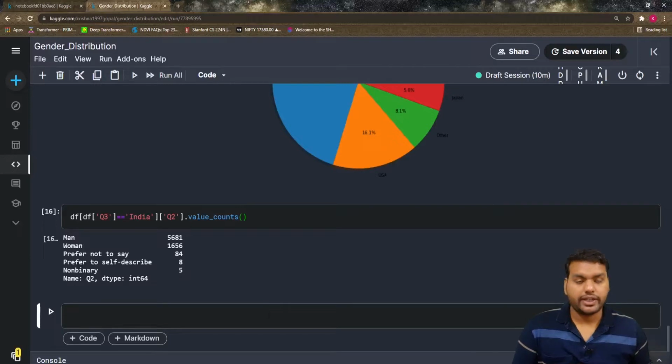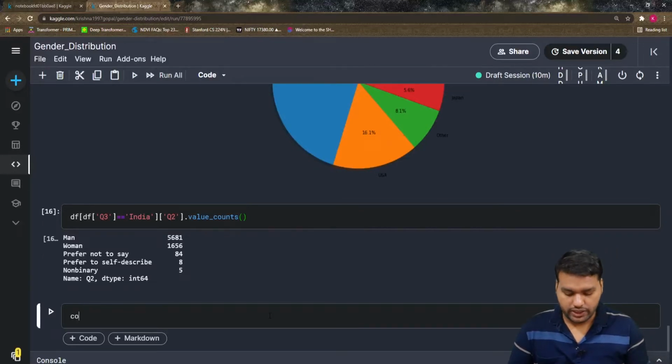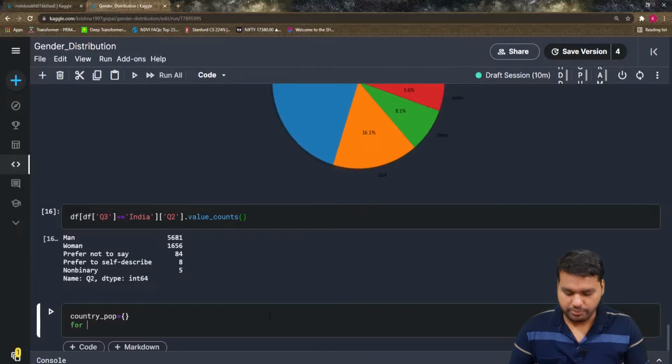So let's now write the generalized case. Before that we build one empty dictionary where we're going to store, for every country, how many men and how many women participate. So country_pop, that is the population. I'm defining the empty dictionary here, and now I'm putting in the for loop.